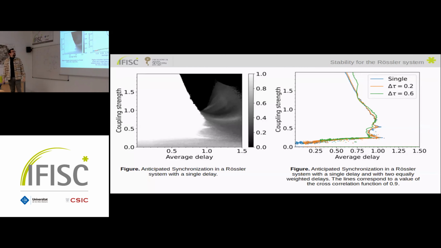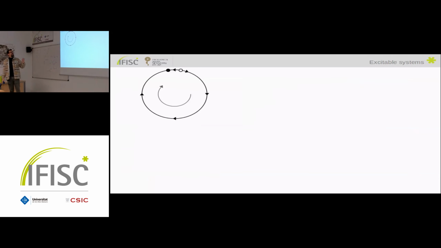So this was all that I want to mention from chaotic system. Now let me mention a little bit about excitable system and we will be done. So as a brief review, what is excitable system? Well, excitable system is basically a system that has one equilibrium, so it has one fixed point, but it has sort of two ways of approaching this fixed point.